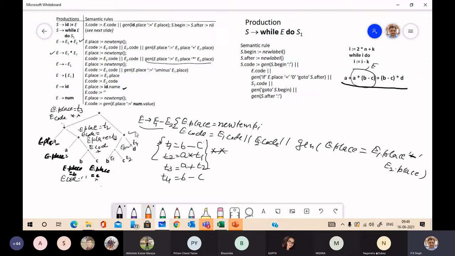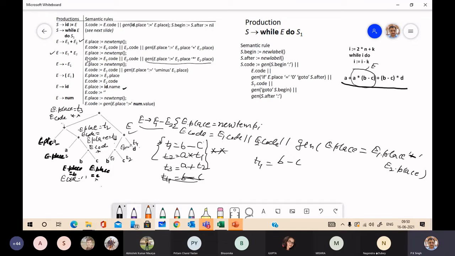Then it will go to evaluate this. Now it is E, this becomes E1 and this becomes E2. You write here separately T4 is B minus C. Now E is E1 into E2.